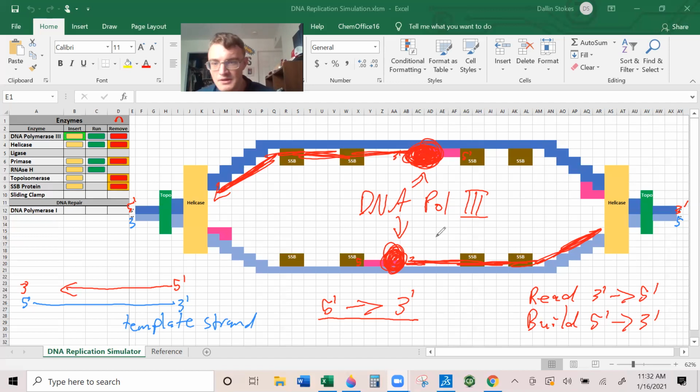So now that we've got that, notice we have a predicament again. I've got a helicase traveling that way. So notice helicase doesn't care about 5' and 3'. He's riding on both strands. So we've got one traveling that way and we've got one traveling that way, right? Well, notice that we can't build in the 3' to 5' direction. So helicase starts unwinding and this guy goes and builds and follows that guy, and this guy goes and builds